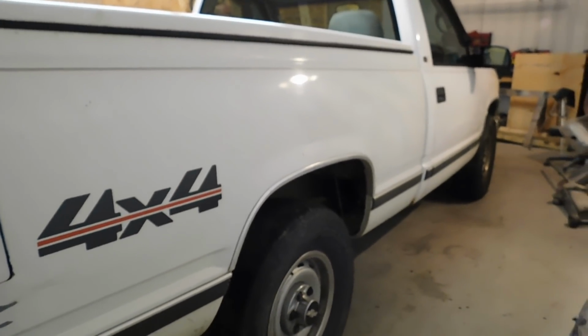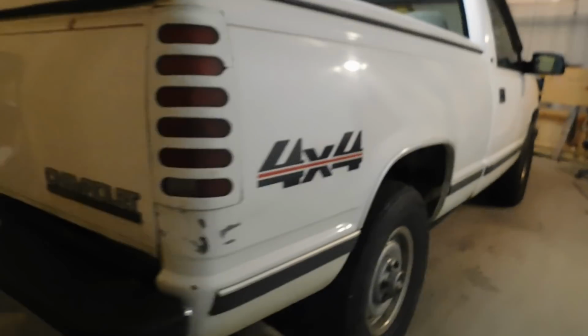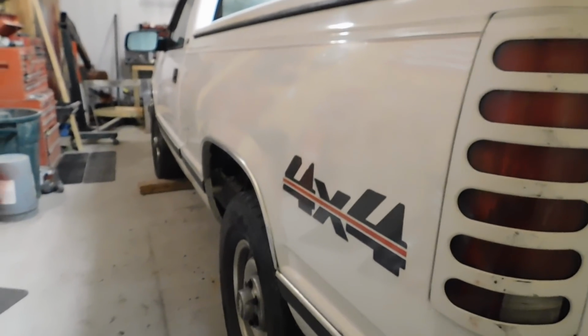So basically what we did is I took the 79. I have to put the fuel pump in this truck. Nothing I haven't done before. I've done it to two trucks now. My truck, the 98, and then also a customer's truck, which was like a 2000 or 2001 or something like